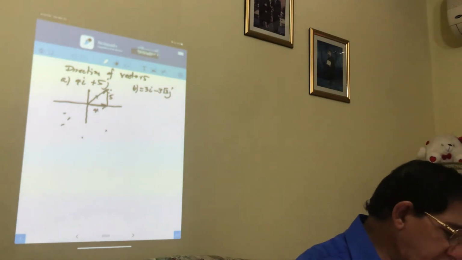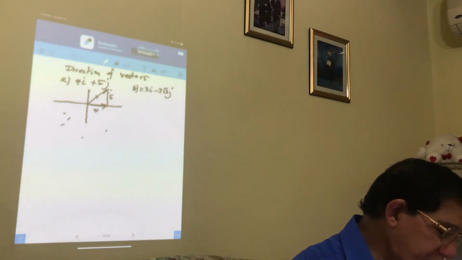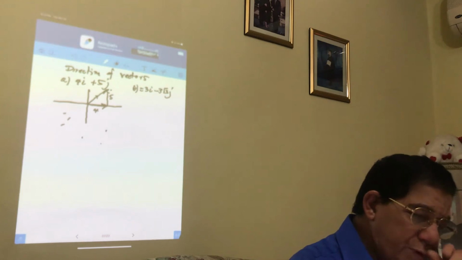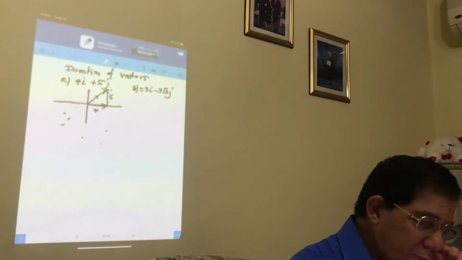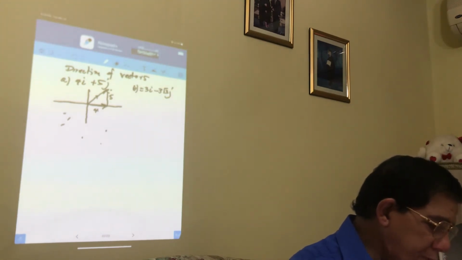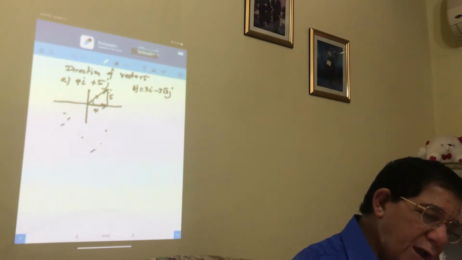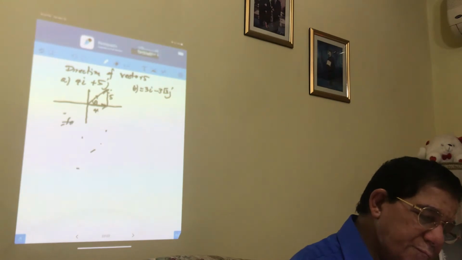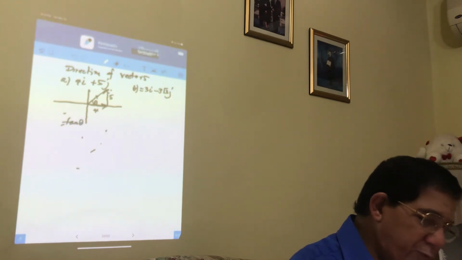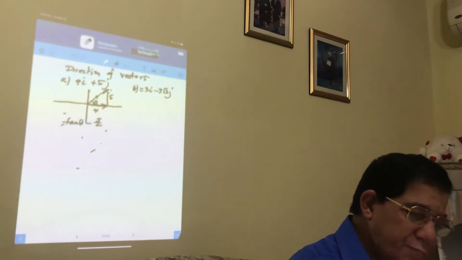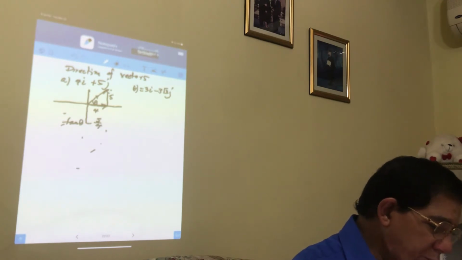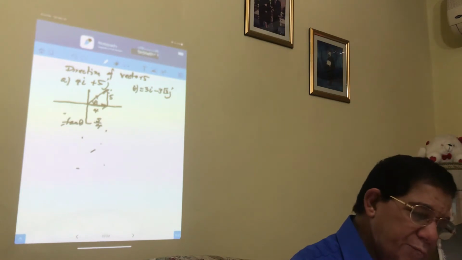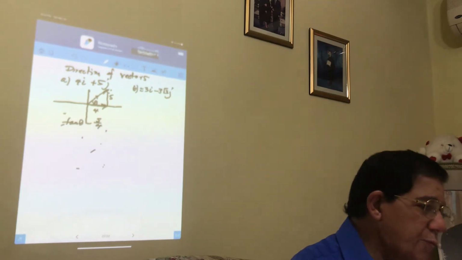Now we are going to get this angle theta first. This is the angle theta. We say tan theta equals 5/4. Now we get the angle theta is equal to